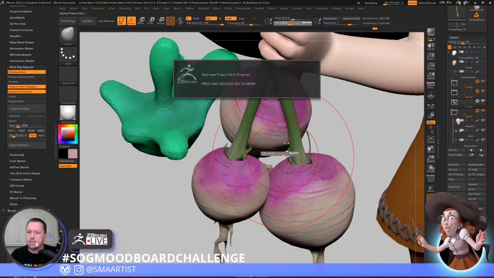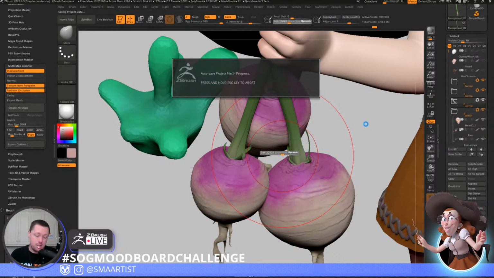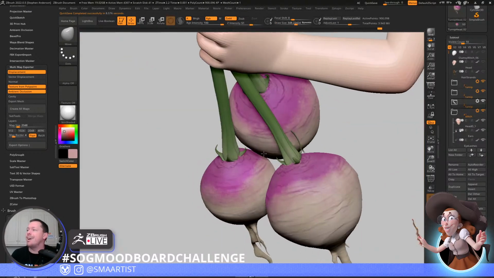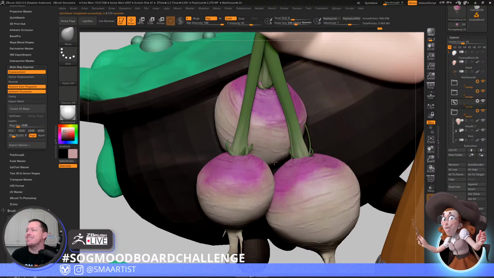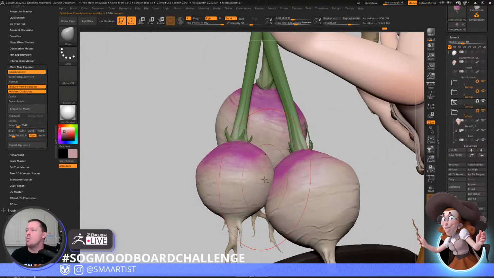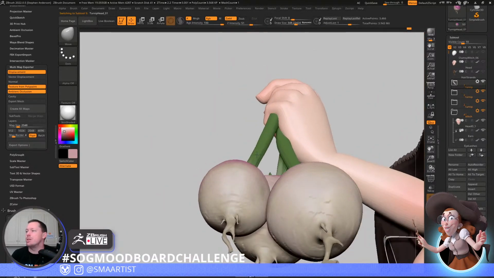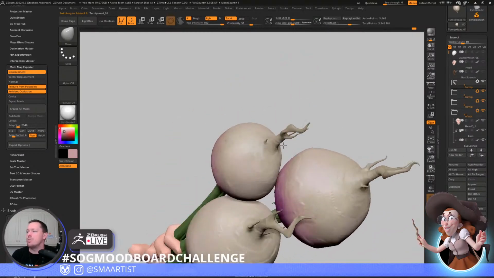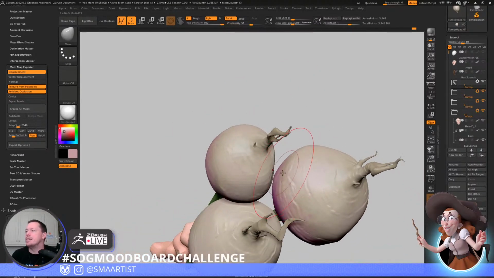All right, let's see. Let's see if it'll let me continue on here. All right. I remember what I was going to check now. I was going to check and see what the schedule was for ZBrush Live, to make sure that I don't go. Well, I mean, I don't want to go for too much longer anyway, but